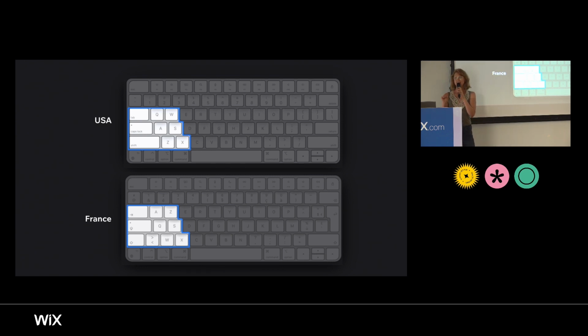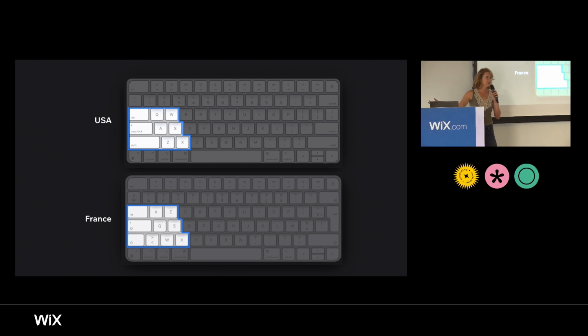As you can see, the order of the letters is different between the two versions. That's because in each country, there are certain letters that usually go together in a word, and they are placed next to each other. You can also see that the placement of the functional buttons is different, and that's because each country has a different frequency of use for these buttons. It's a great example of how something so common in our lives can be localized to the needs of different countries.